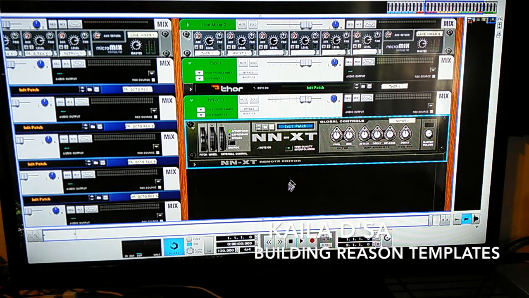Yes, you can bypass this directly and go directly to the main mixer. However, you're substituting the control that you built in having the template and not having that control before you get to